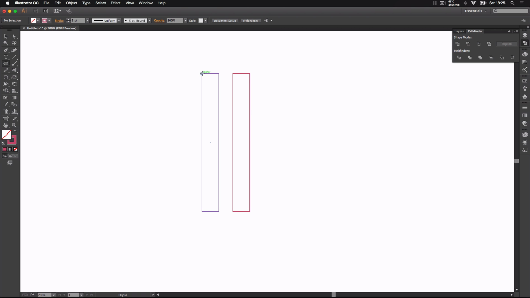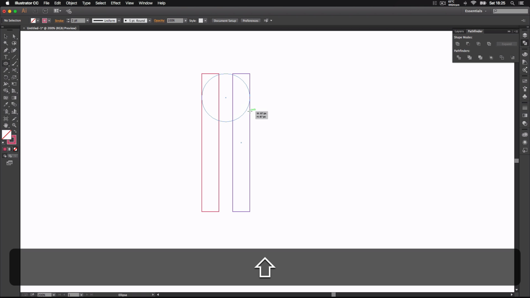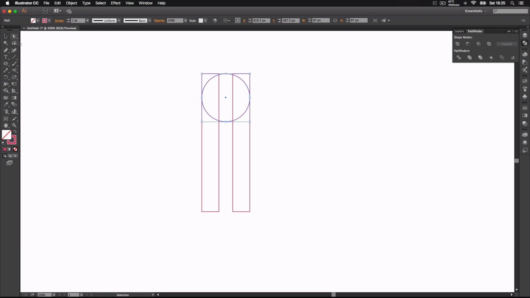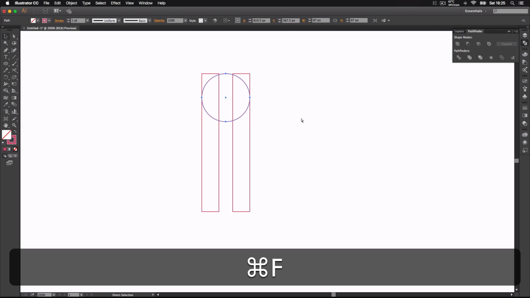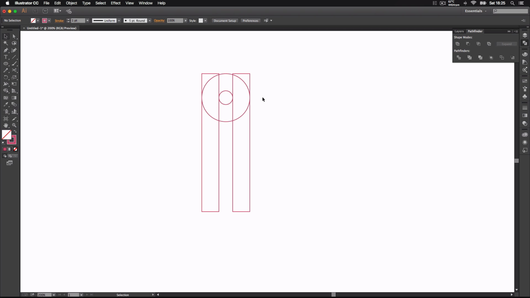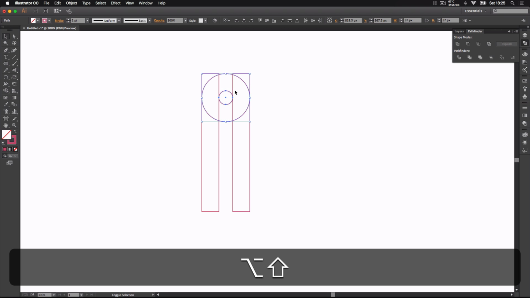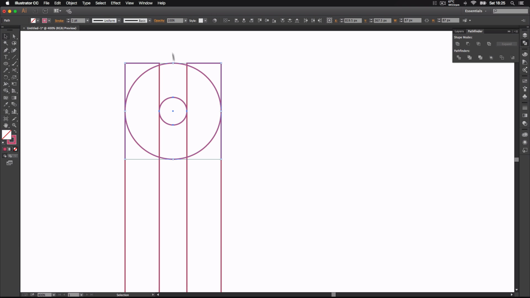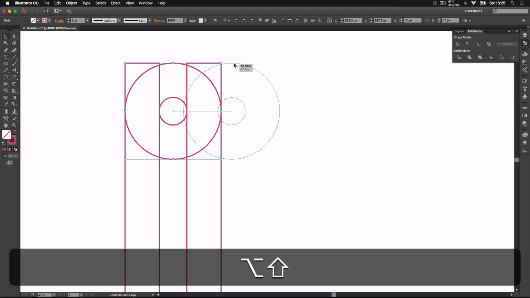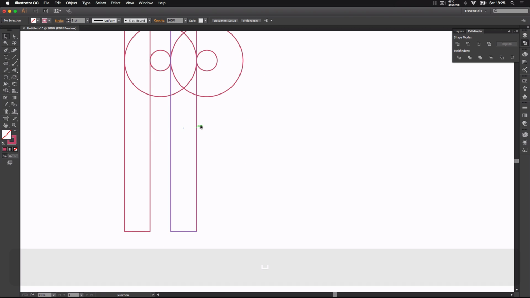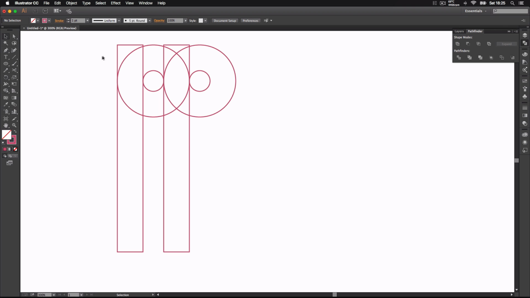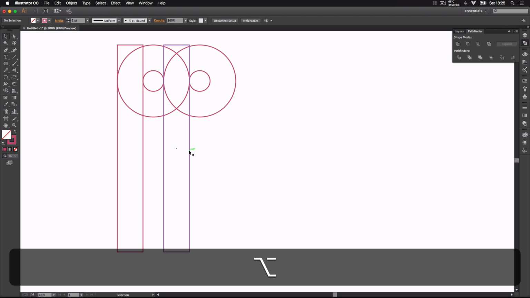So we're going to go from the top corner all the way to the bottom, and we're going to make a duplicate. So we're going to press Ctrl C, Ctrl F and resize it so it's touching the center like that. And what we're going to do is move this to the other side. So we're going to select these 2 circles and drag it across till it clicks. And now we're going to make the 3rd rectangle. So what we're going to do is drag this one holding Alt till it clicks in,